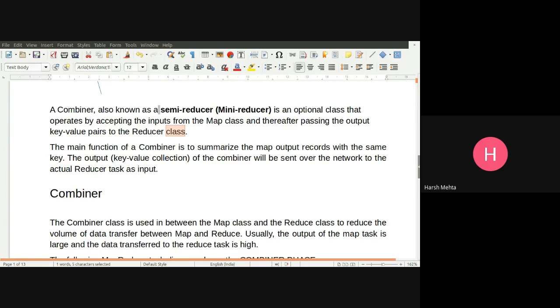The input from the map class will go to the combiner, and then the combiner will do some logic, and that output will go to the reducer. Let me draw here so that you can understand.